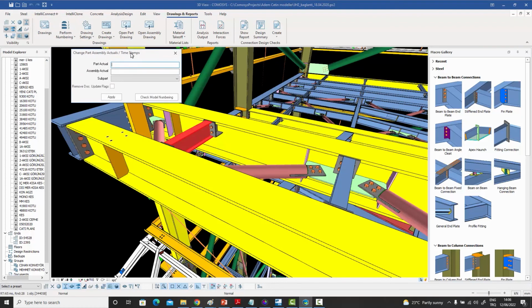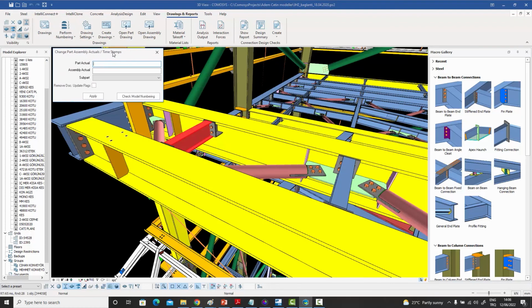So sometimes you have particular requirements in which you want a particular part to have a particular number for whatever reason. But obviously, this is something which needs to be done extremely carefully, because let's say this was 1488, and if I wanted it to be 1489, for instance, the part number,